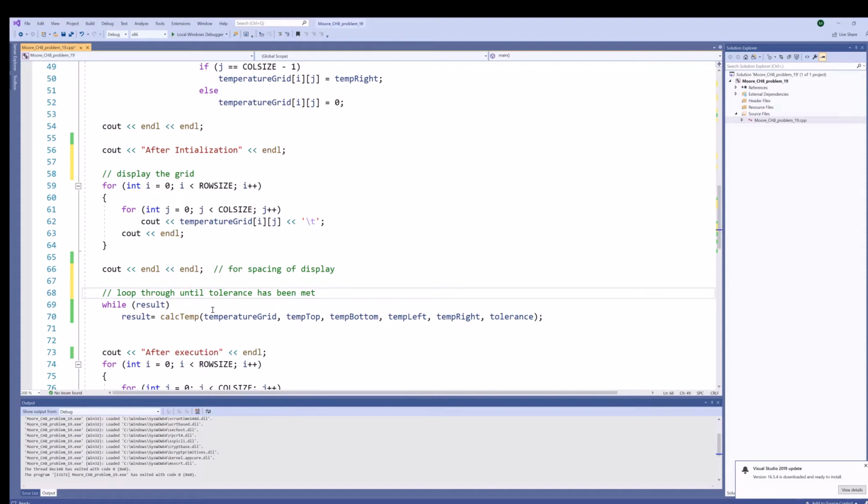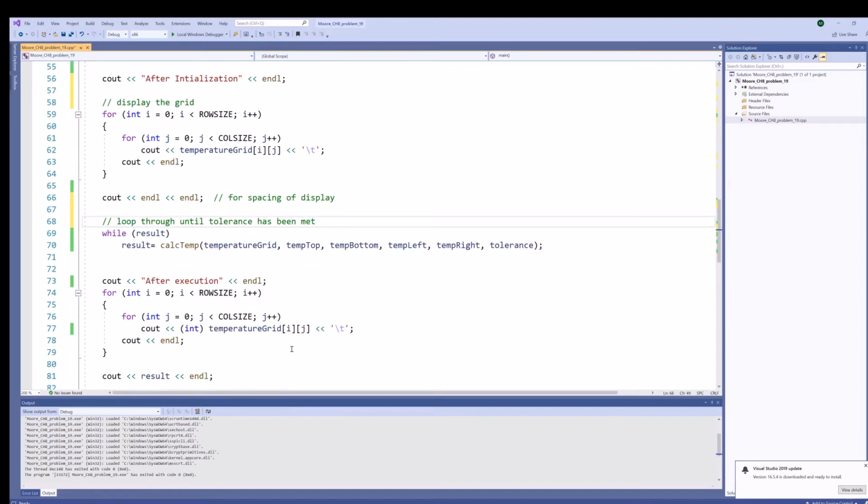Okay? So if all of those temperatures are within the tolerance, then I'm done. And that's what I'm passing back. Result basically tells you, oh yeah, everything's within tolerance, so you're done. You can end this loop. Okay? And then what I do here is just